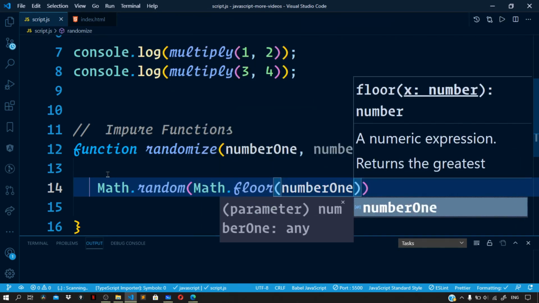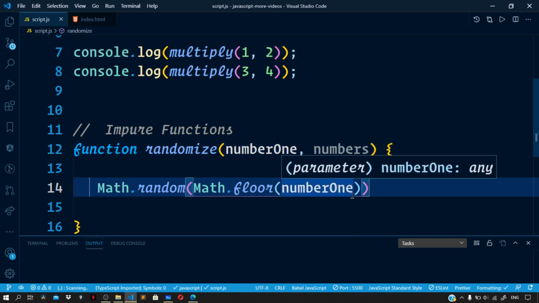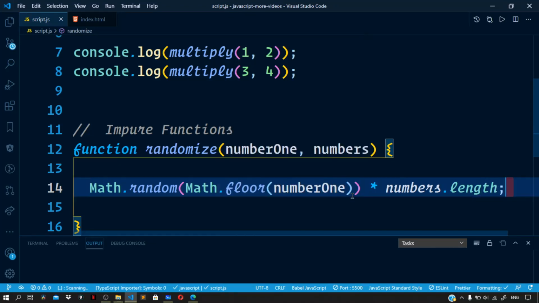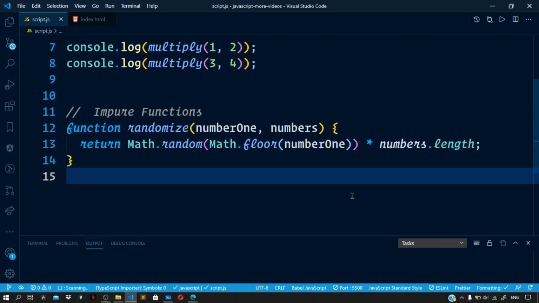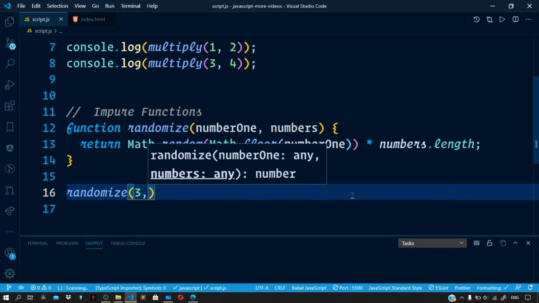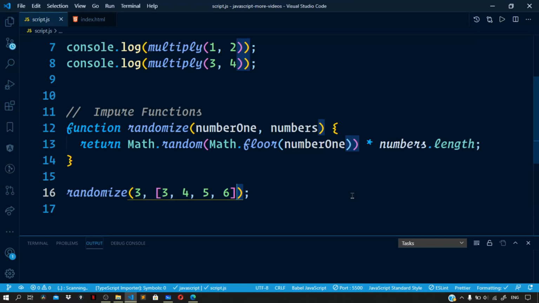So we are applying the floor operation on the number that we receive as the argument right here, and to whatever random thing we get, let us multiply it by the length of the numbers array. So numbers.length, like this, and let us return it. So let me zoom this out. Now to give this a whirl, let us first pass the number 1 to the randomize call with a value of 3, and the array of numbers as 3, 4, 5, and 6. So let me wrap this in a console.log,